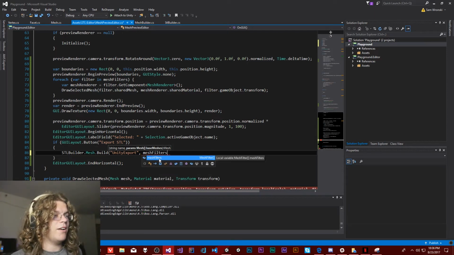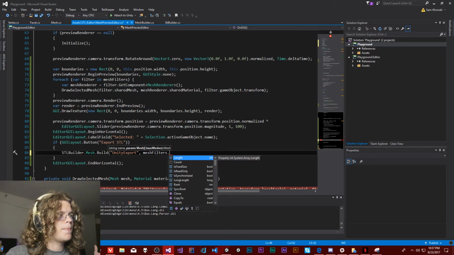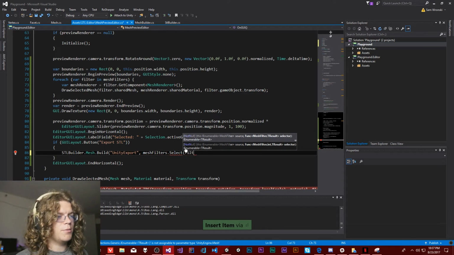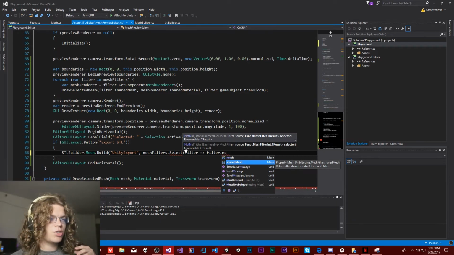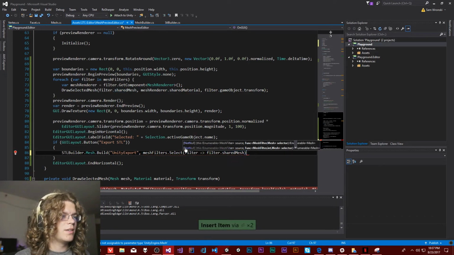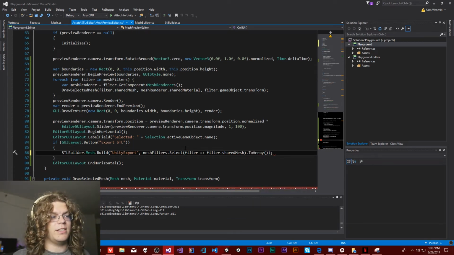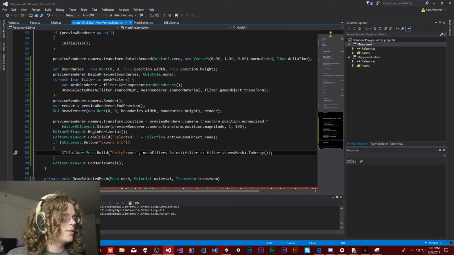But then what I'm going to do is take, for all of the mesh filters, I have a combination or a set of mesh filters here. What I want to do is actually iterate over all of those and grab them and convert that to an array. So let's select from the filter, the filter.sharedMesh. Either one should work. I'm going to use the shared mesh. And then let's array that because our function is expecting an array. And so this should pull out all of the meshes and send them down to our build. And then this should give us a mesh,